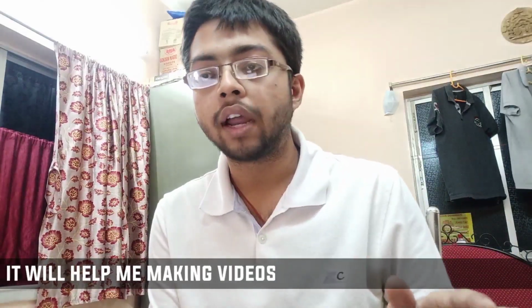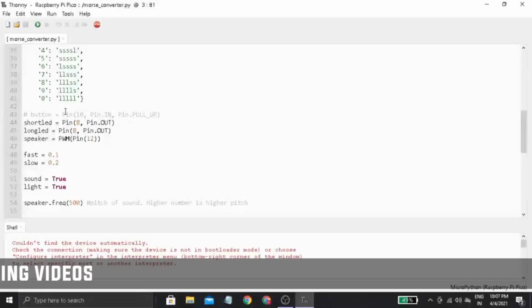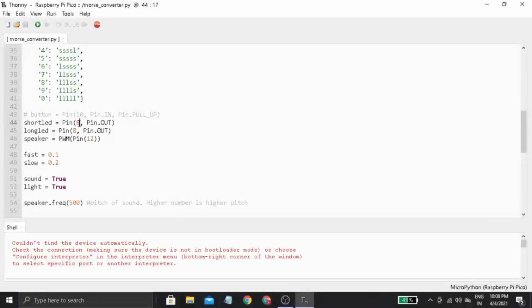But it is not necessary. You can do it in a single variable or single object. So basically I am creating an object of class Pin and defining that I am using pin 8 for my LED, and Pin.OUT is the mode in which I am going to use this LED. This will be an output LED, so I am using Pin.OUT.